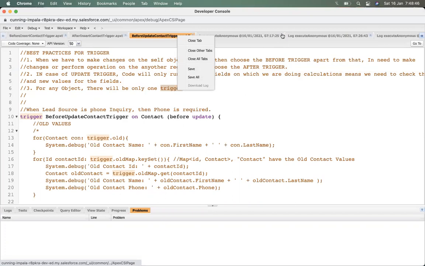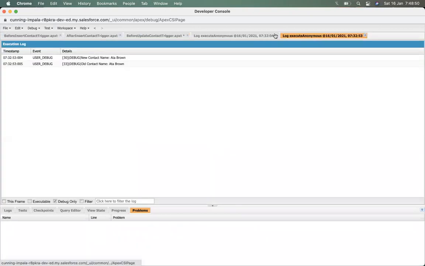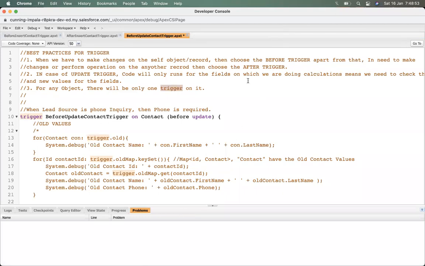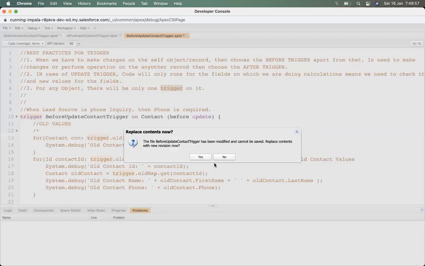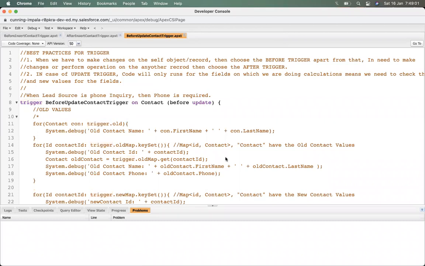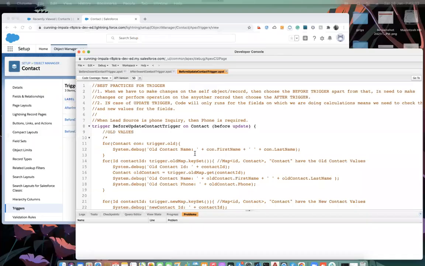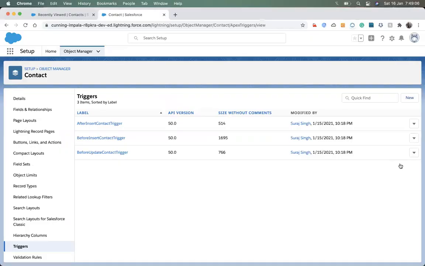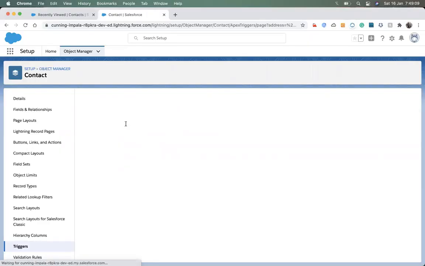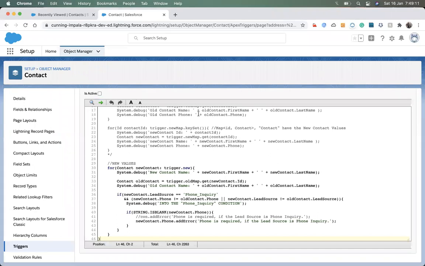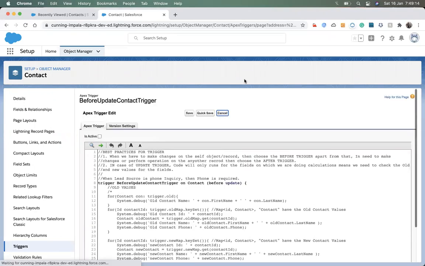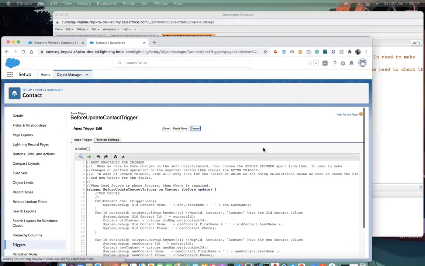Let's close these tabs. Okay, I need to write a new trigger, so let's add a trigger.